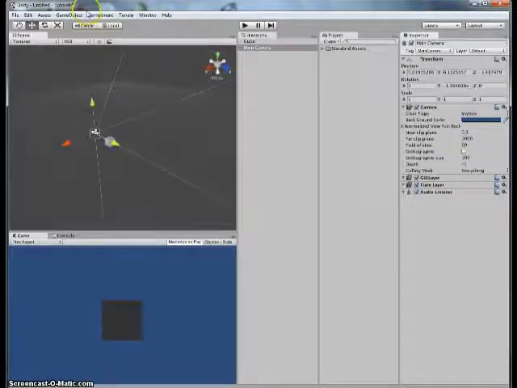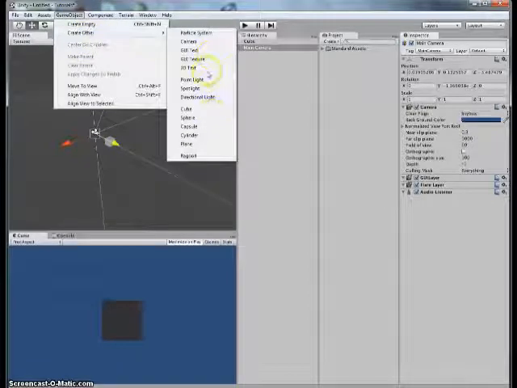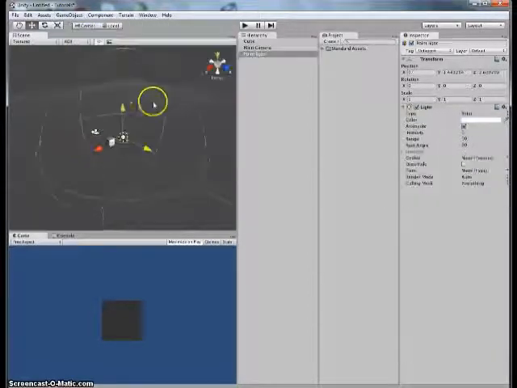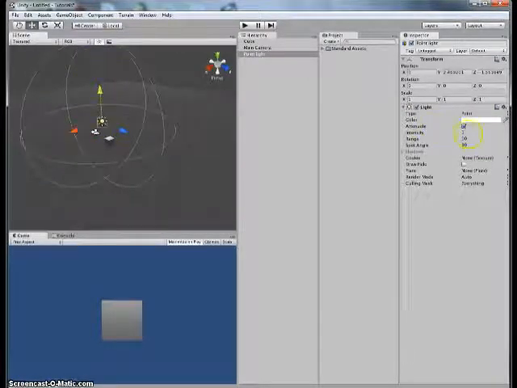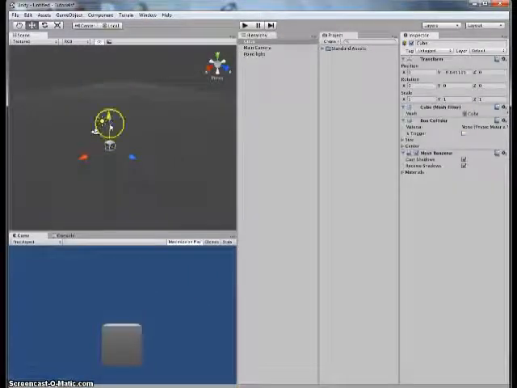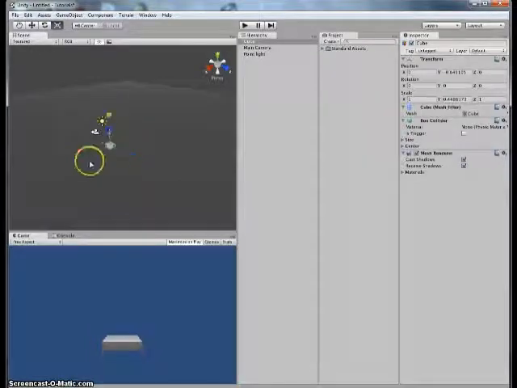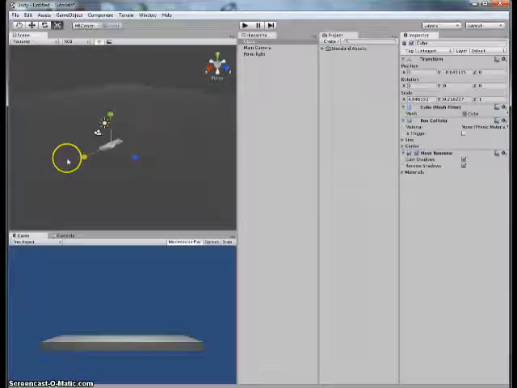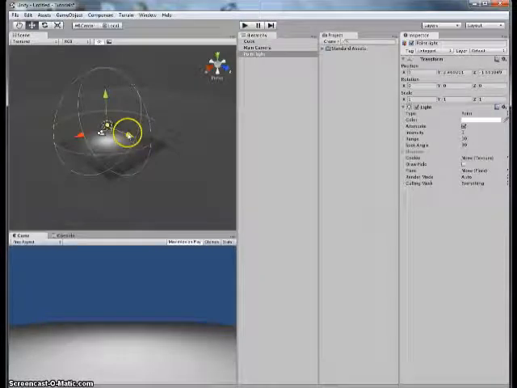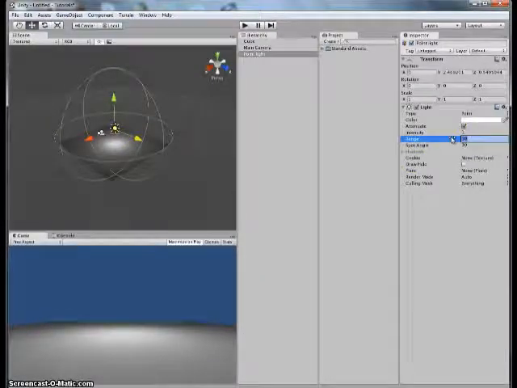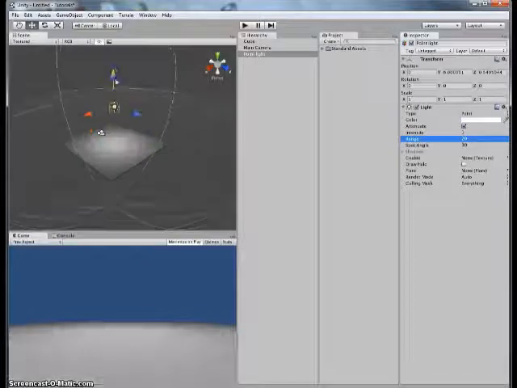So, what would games be without a light? So, we're going to add a point light, and as you can see, it's lighting up the scene. You can adjust the range and intensity, but right now it looks okay. And actually, we're going to transform this cube to make a floor. To do that, you need to click on this tool up here, the scale tool, and scale the y-axis down a bit, as you can see down here, and then make it a bit bigger this way and this way. Now the light isn't strong enough, so we will increase the range actually, and then bring it up a bit so it's